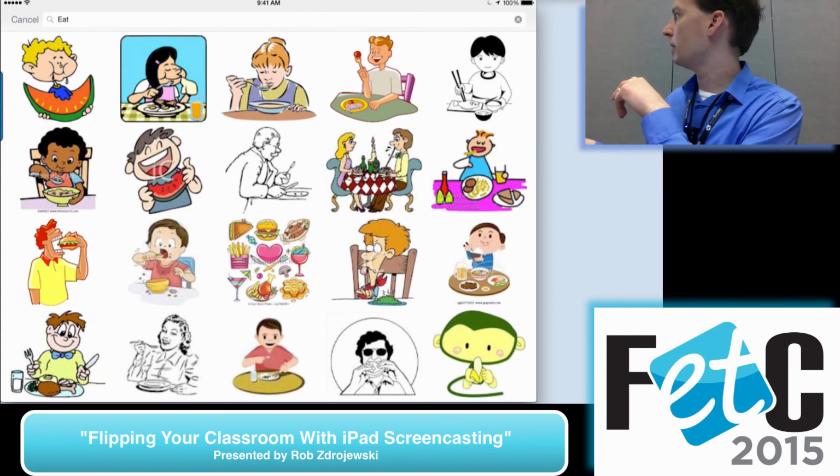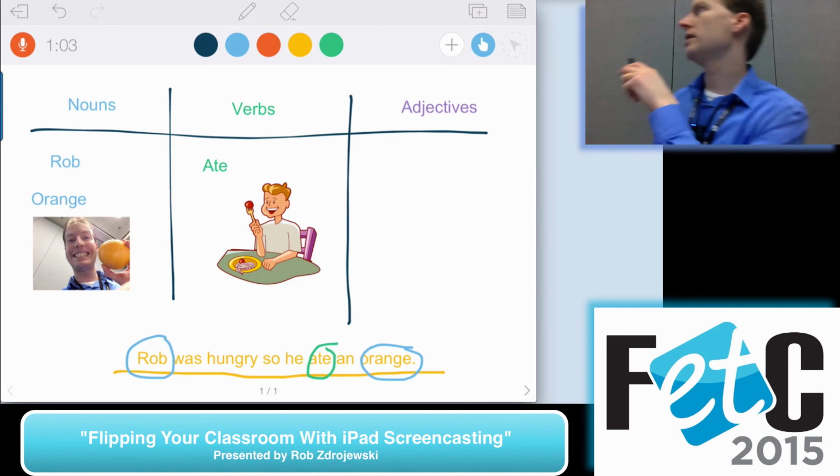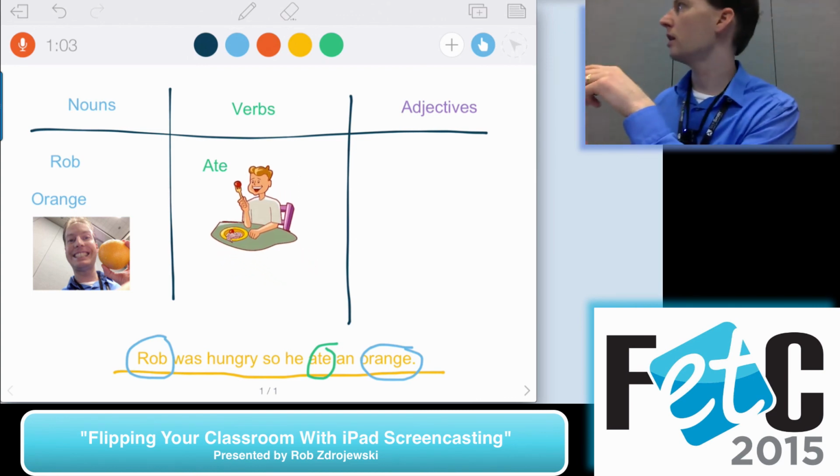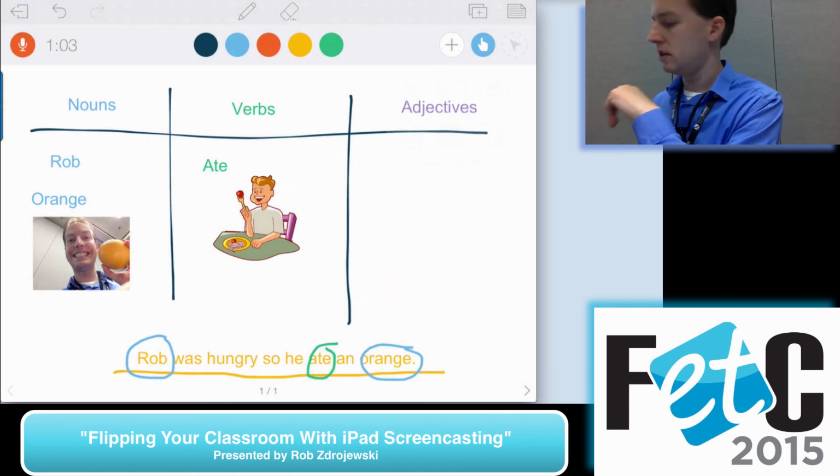Notice across the bottom all the places I can go, and there's even more down here to get your images from. So this is why it is a paid app. It has a lot of import and export capability. So I'm going to go to my Google Drive tab,